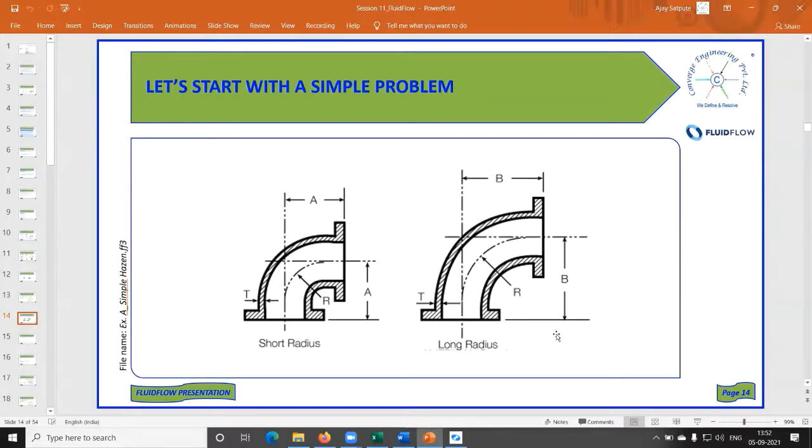Any idea why? A sudden turn creates a large surge. Not surge, but eddies will be formed more as compared to long radius, and that will kill more pressure. All right, then